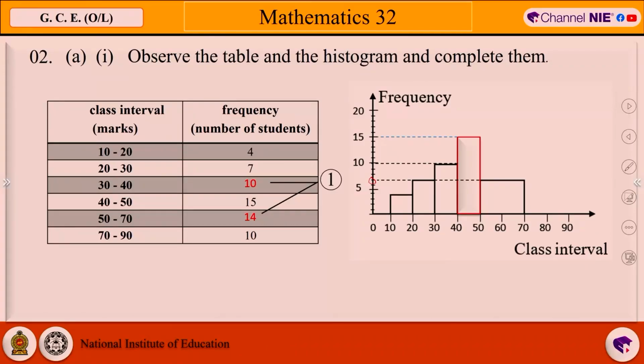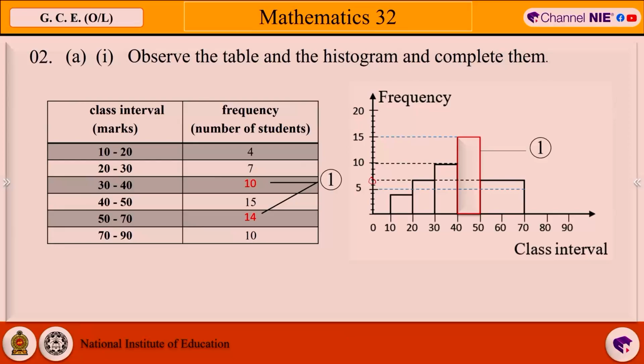As I told you earlier, here we have to be careful once you draw the height of the column. Since the frequency is 10 and the class size is twice the class size of the least class interval, since in the class interval 70 to 90 you have the frequency 10, once you represent it in the histogram,